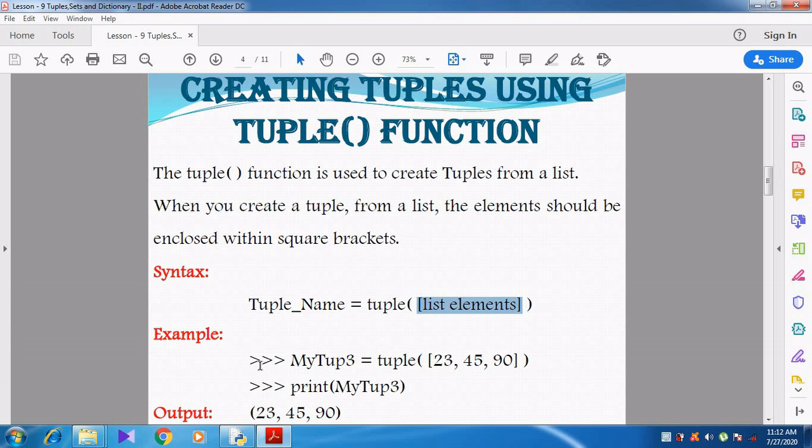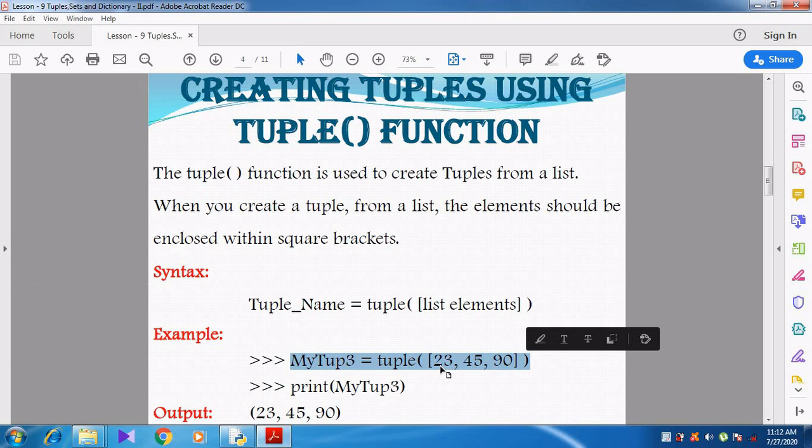See the example: my tup3 is equal to tuple. Here the tuple function is used to change the list into a tuple. It converts the elements given in the list into a tuple. So the tuple function, and the values within square brackets separated by commas.